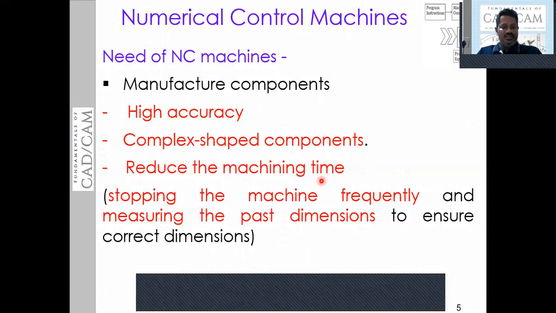That time is going to reduce when you use an NC machine. So these three are the needs of the NC machine: to manufacture components with high accuracy, to manufacture complex shaped components, and to reduce the machining time, since we avoid stopping the machine frequently and measuring the part dimensions.